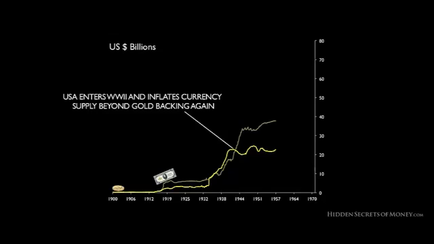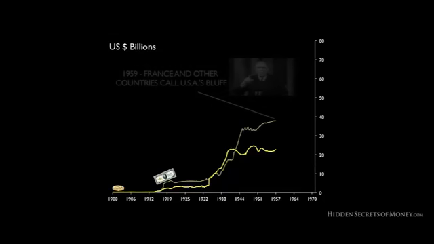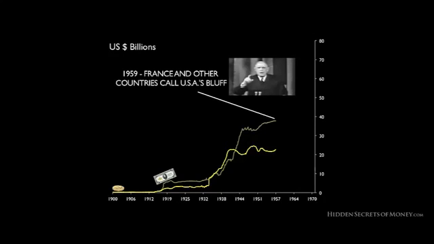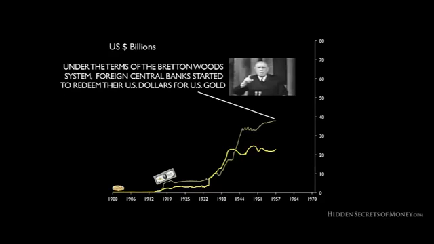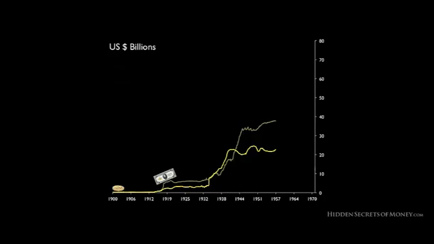And then we jumped into the war and we inflated. And then in about 1959, countries started figuring out that we didn't have all the gold. You know, we were printing more dollars than gold that we had to back it. And under the Bretton Woods system, they could go to the New York Fed and turn in their dollars for gold at $35 per ounce. Only foreign central banks. Individuals couldn't do that. So gold started flowing out, and the U.S. lost 50% of its gold from 59 to 71.